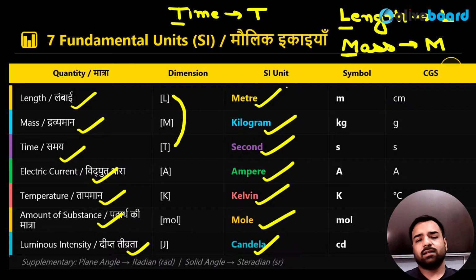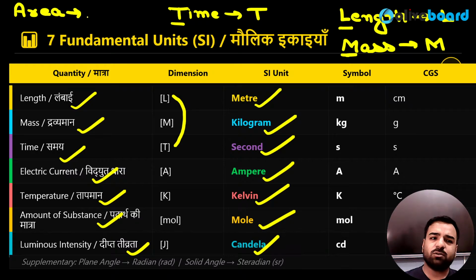Okay. Now, how do we calculate this dimension? Now that's the question. So taking a basic example, I'll come back to the same topic in the next 5 minutes. But as of now, I want to know the dimension of area. So in order to understand the dimension, can you please tell me what is the unit of the same? Because this is the easiest one and you all can answer. So Kotesh, Adi, Rohit, please tell me what is the unit of area? Is it meter? Is it meter square? Is it meter cube? What is it?